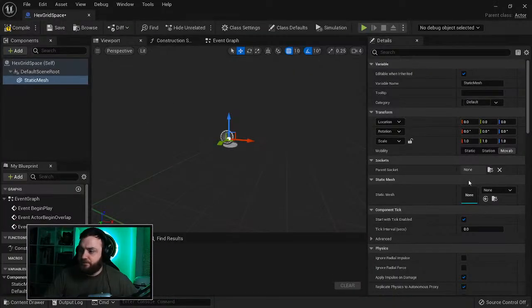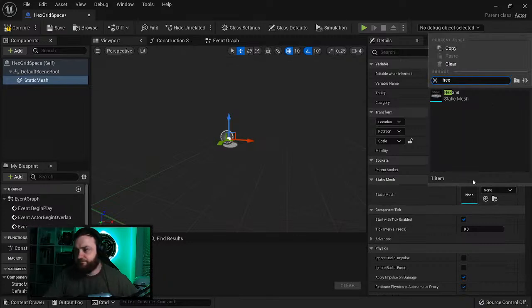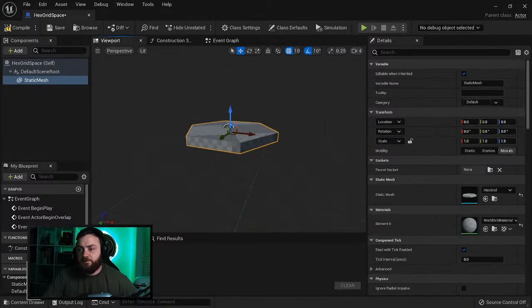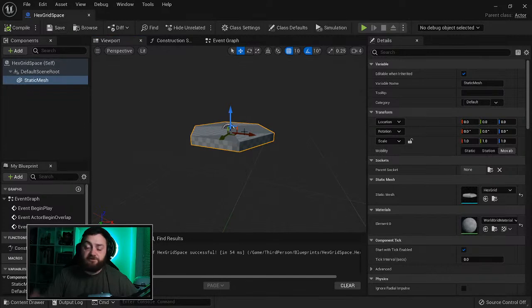So on this hex grid, we're going to choose our hex mesh. It is, and if you want to interact with it because of its shape,